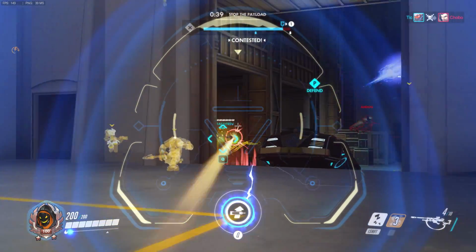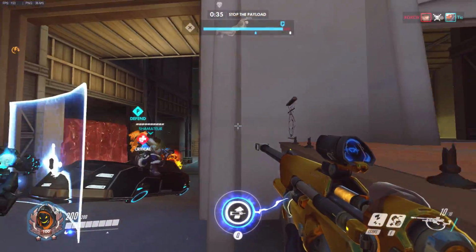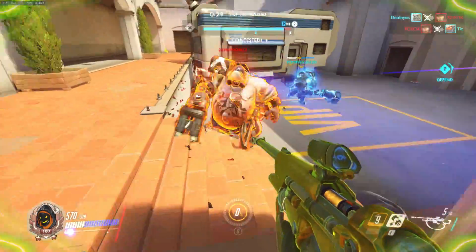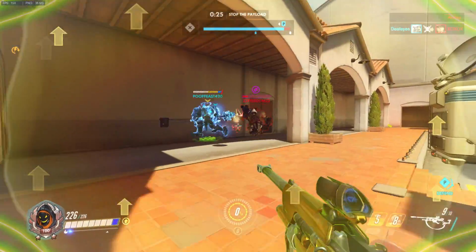That being said, there is sort of a meta use for Nano Boost, I guess you can call it. Ever have those teams on offense that just won't push ever? They're just super scared. The Reinhardt who just sits at the choke, too afraid to go attack. In this case, although it's technically suboptimal, throwing an ult on your Reinhardt will usually give him the courage to